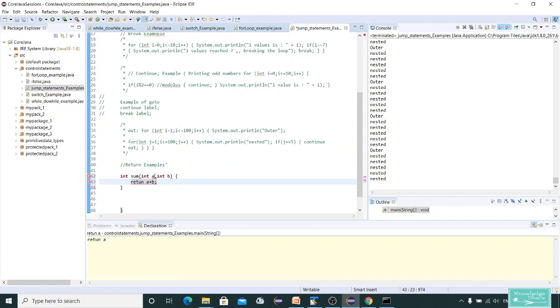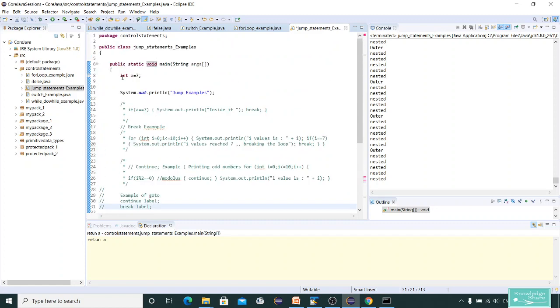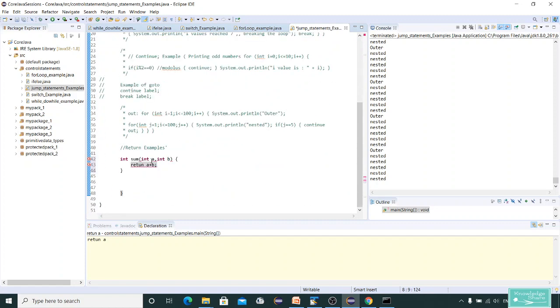Okay, what's the error here? I think we have declared a here already, so that's the reason it's not taking. Now let's take x and y and return x plus y. Okay, so this is how you will use your int.